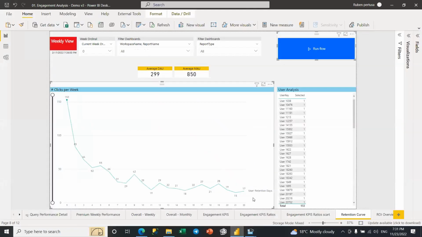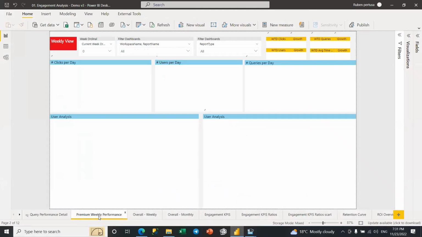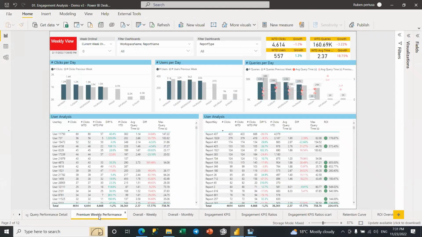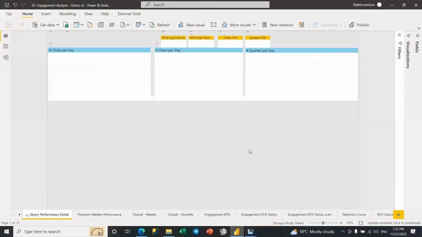And one last thing, not only measuring the user experience, measuring the engagement, but we can even go further and link this with more technical data for our team to really debug when the user experience is dropping. I don't know, the user experience for this user was 1.14 average query time, but there was one query that reached 150 seconds. We can right click, drill through, and get the query performance details, which is now querying our DirectQuery in Power BI, querying our Log Analytics in Azure, which is saving all the DAX queries there, okay?